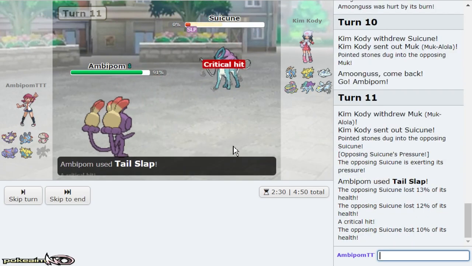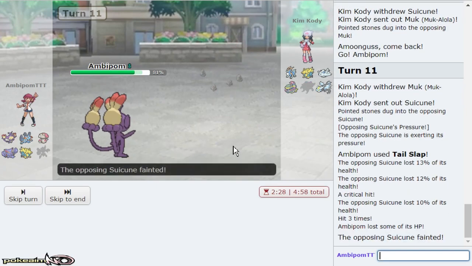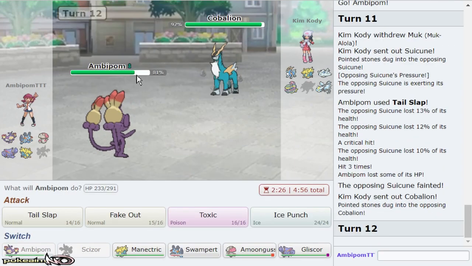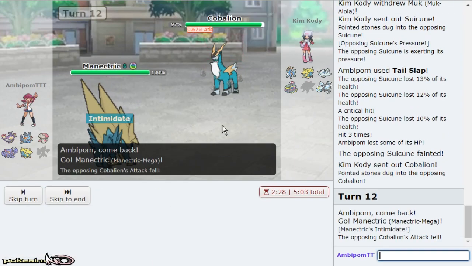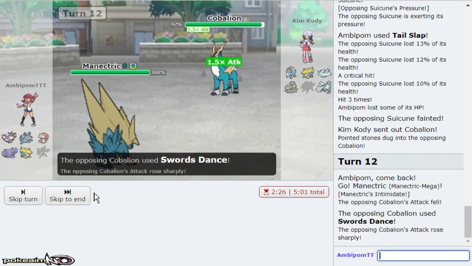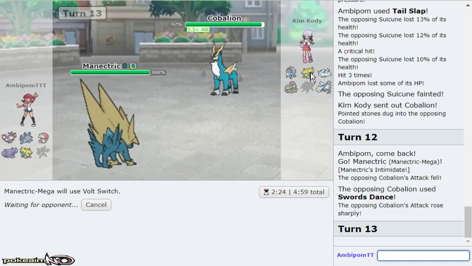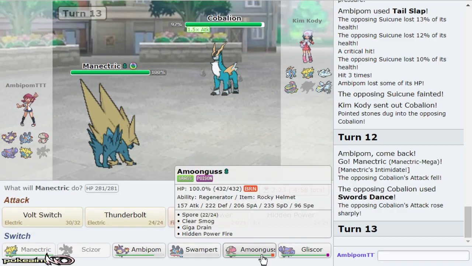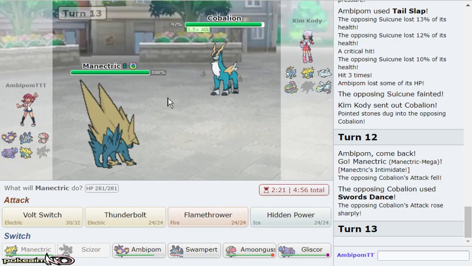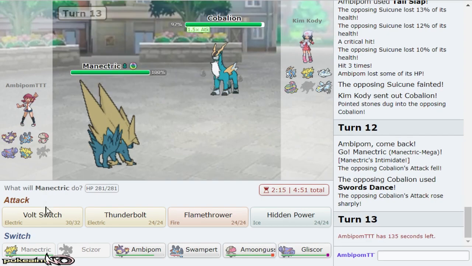Nice. Good B. Alright, so Suicune's gone. Don't have to worry about that. Kyurem is checked. Cobalion comes out, and we'll always go hard Manectric, depending on if he wants to set up. Always go hard Manectric here in Volt Switch. I could Flamethrower, but this Pokemon's so necessary in this game. He doesn't know I have Flamethrower though. I'm Volt Switching because